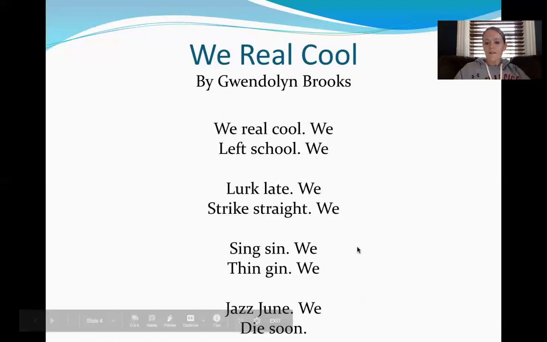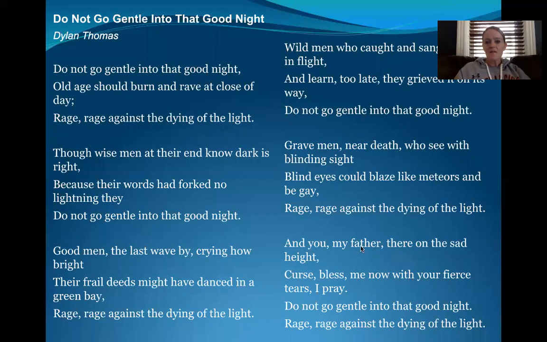Okay, so parallelism. Hopefully that's making sense to you. What you guys are doing is, I think it's a test question link, but there's a link where you need to take a look at this poem, Do Not Go Gentle Into That Good Night. And what I want you to do is identify the parallelism that you see at play in here. So in other words, what is being repeated? Is it a line? Is it a word? Or is it a type of phrase, a wording of a phrase? So identify what it is and then explain how that parallelism helps you understand the poem a little bit more, what is being emphasized with that parallelism. Okay, so that's what I'd like you to do for the Do Not Go Gentle Into That Good Night link